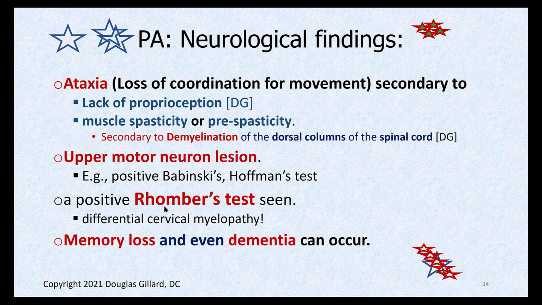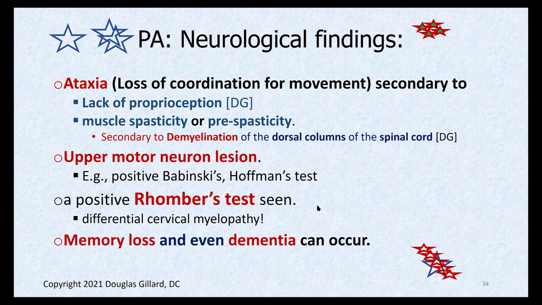So if somebody else did that test and they had damage to the dorsal part of the spinal cord, I would have to catch them, because they would literally fall over. Because if you close your eyes, there goes your cerebellum, which is the ultimate proprioceptive organ. But if you close your eyes, how does your body know where it is in space? It's because of all the proprioceptors in the joints and muscles, and the wires go up the posterior spinal cord.